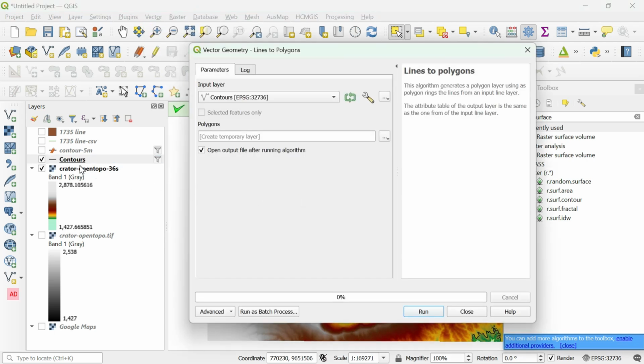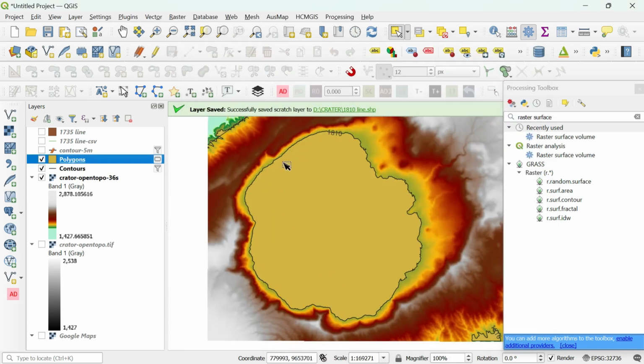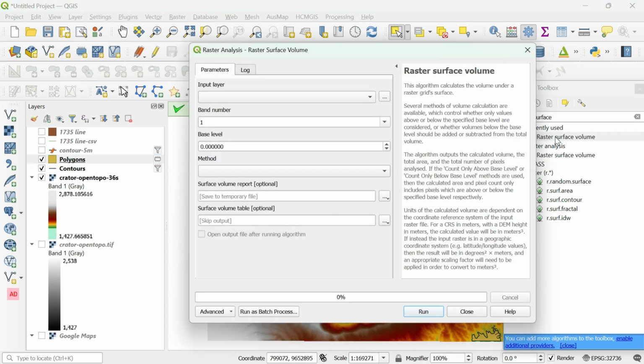Our line, this is the contour, is the active line, and if we want to save we can save, otherwise run the polygon. Yes, it's completely covered.